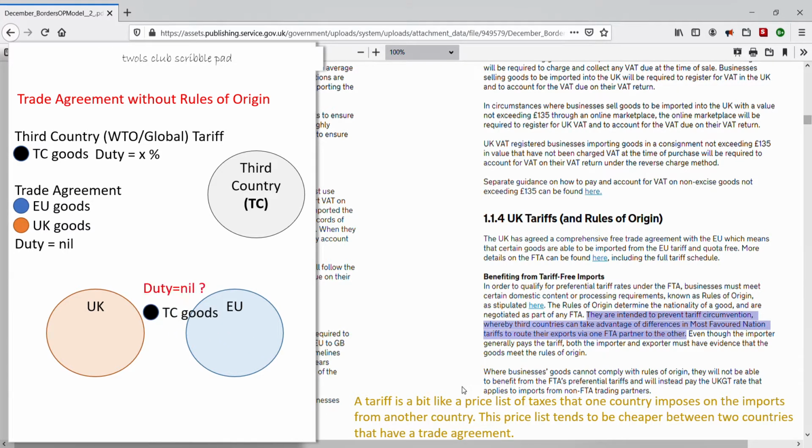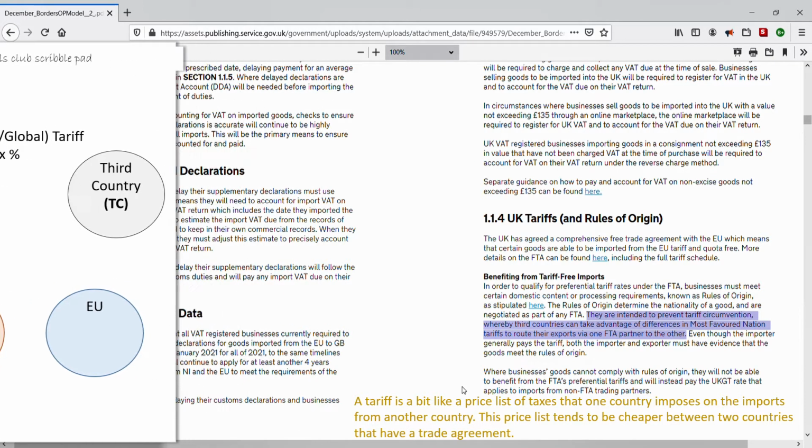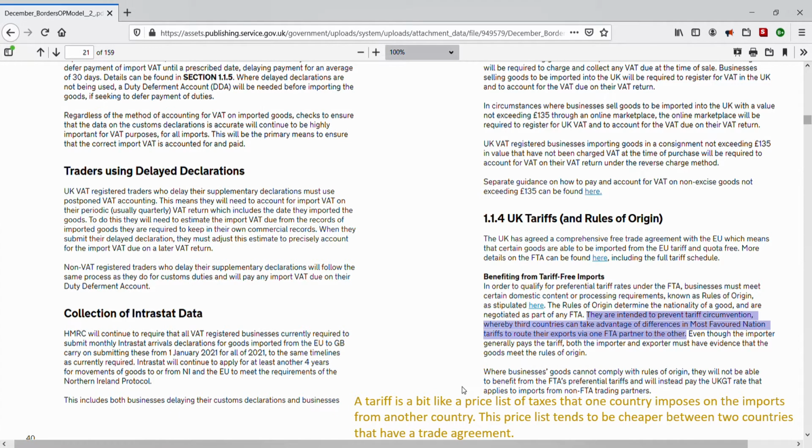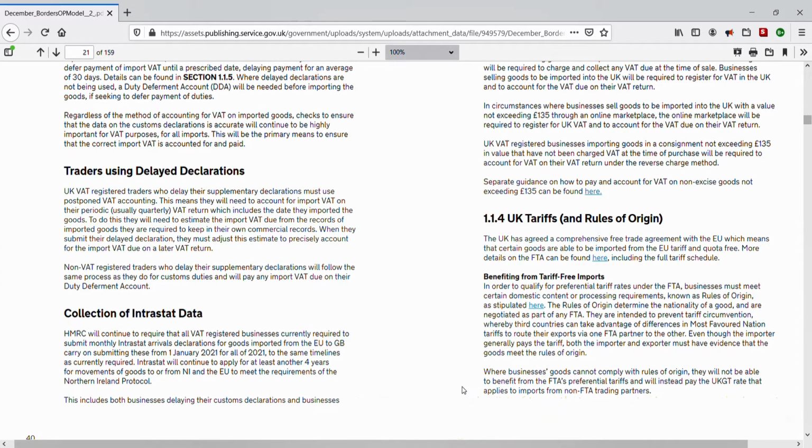In this way, the correct tariffs are circumvented. A purely theoretical example. But customs controls using Rules of Origin are designed to prevent such outcomes. And central to this is the information supplied by traders. We'll get a better understanding of this shortly.